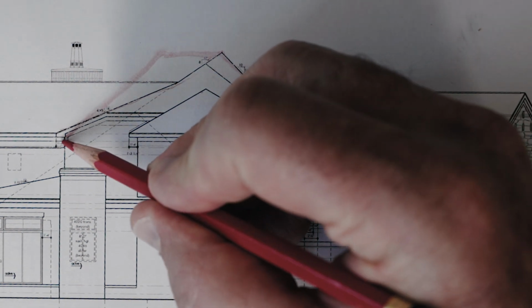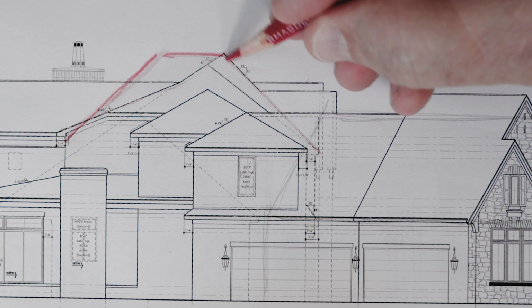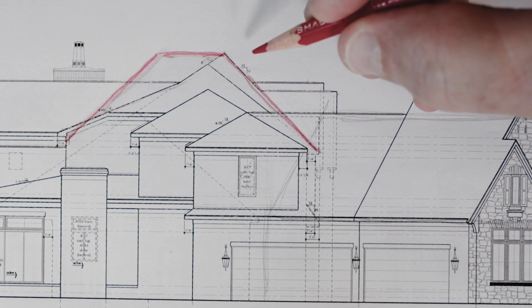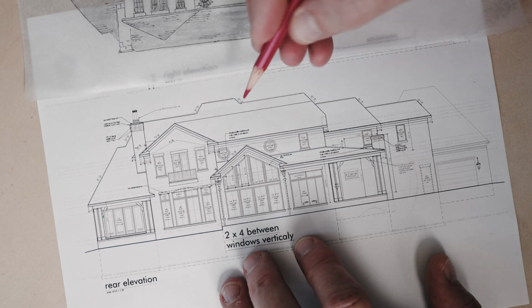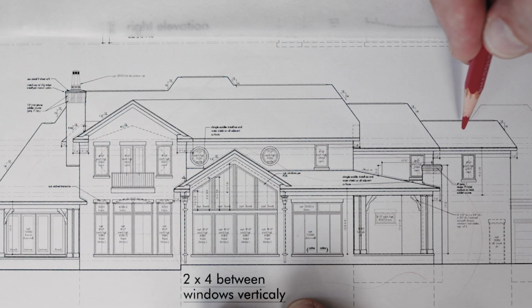And if we instead do this, where we create a little flat area up here, okay? We are capturing all these roofs, we're simplifying, we're putting a flat spot on top, which is historical, you don't see it from the ground, but by simplifying this roof and building up, I lose some of the busyness back here. For instance, this line right here goes away, and of course I've lowered these other ones here, but